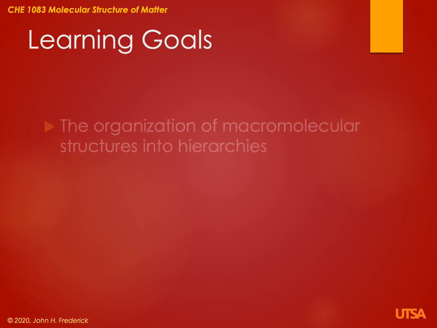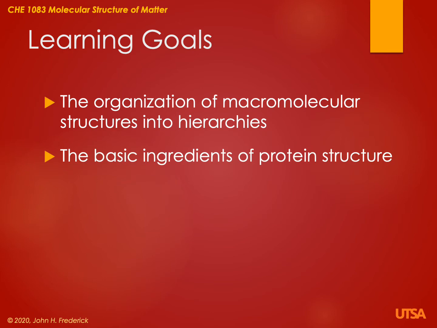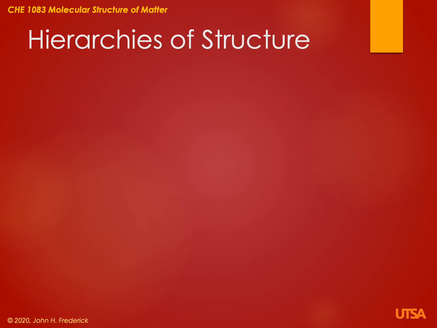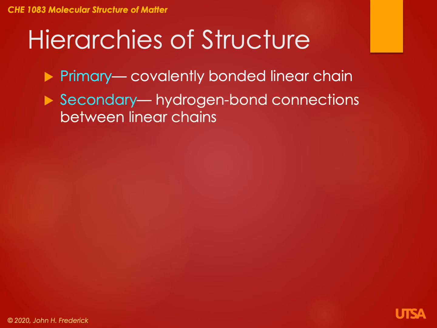Our learning goals in this case will be the organization of macromolecular structures into hierarchies, and how the basic ingredients of protein structure arise from those hierarchies. So let's look at hierarchies of structure. Okay, first of all, we have a primary structure in these macromolecules that is essentially the covalent bonding that creates a long linear chain. Most of these macromolecules are biopolymers, which means they're a long chain molecule held together by covalent bonds. There is also a secondary structure which